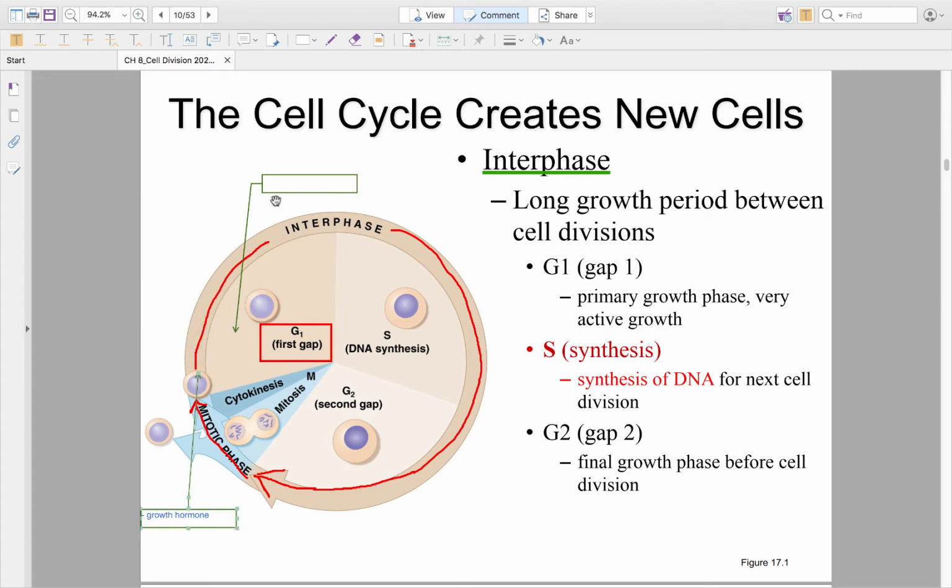So G1, what's happening here? Aside from growth, this is a primary growth phase. The things that are going to grow are everything except for DNA. The plasma membrane is going to grow. The cytoplasm will grow, and all of the organelles,